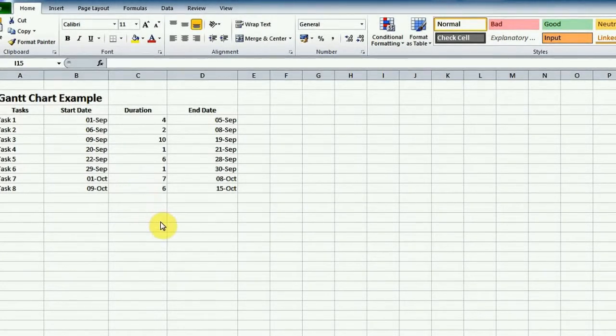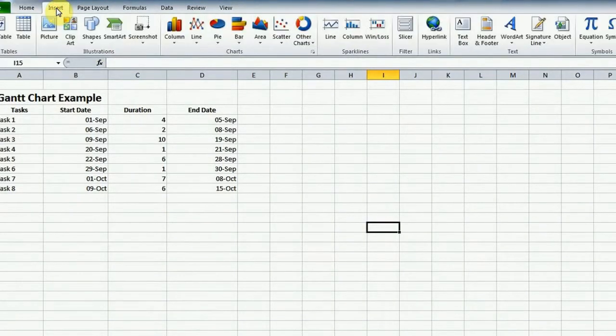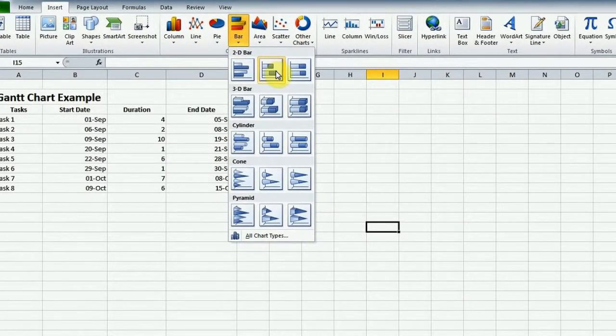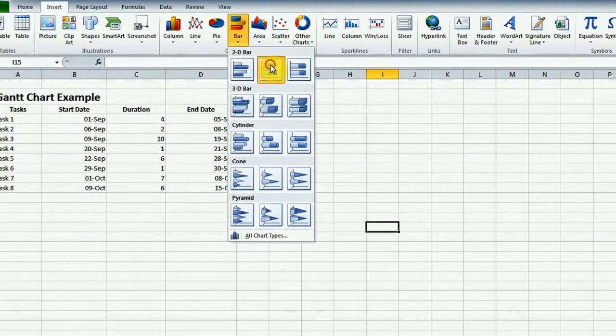When you finish with the table, go to Insert tab, then click on the bar button and select Stacked Bar from the 2D bar options.